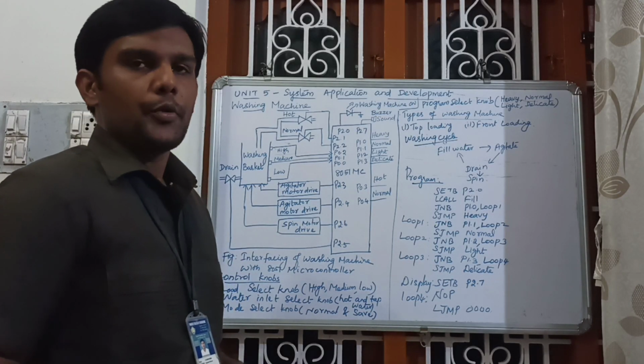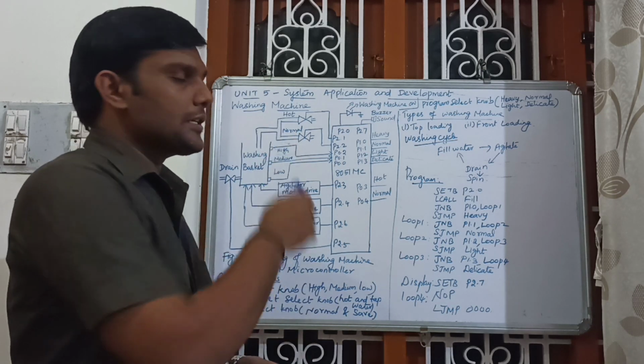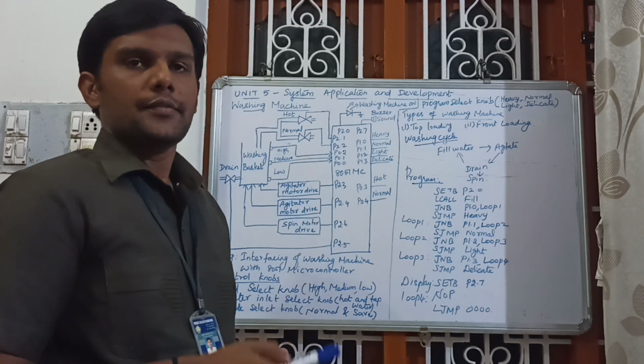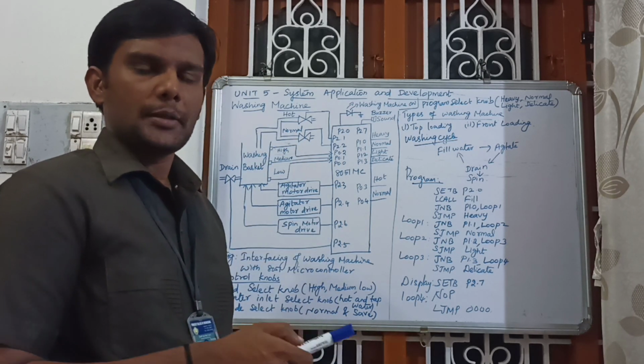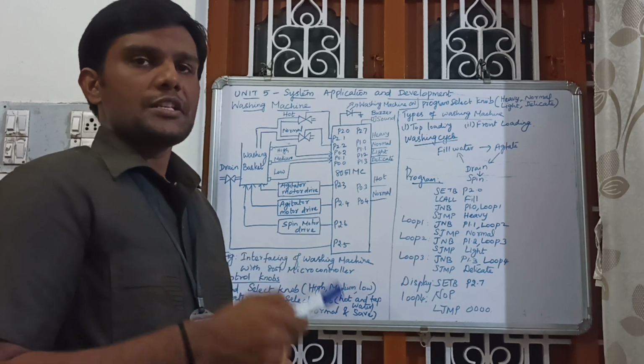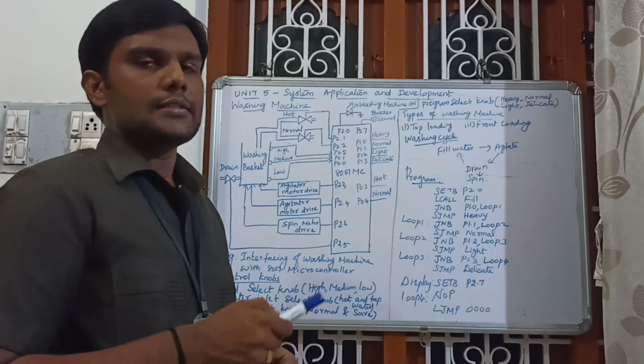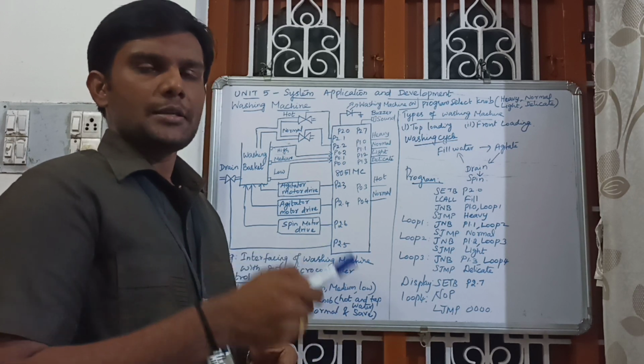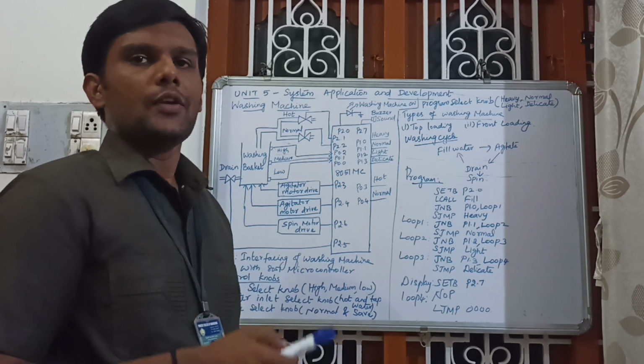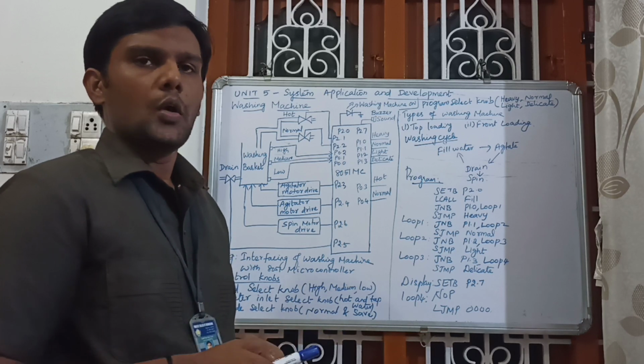Dear students, now I am going to teach you the topic washing machine. It is an electronic device which is used to wash clothes automatically. A washing machine consists of a washing basket and a cylindrical vertical column called the agitator. During washing, the basket and agitator both rotate in opposite directions so the clothes are washed.